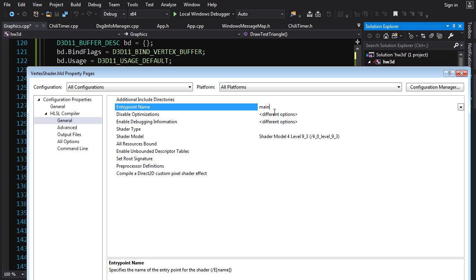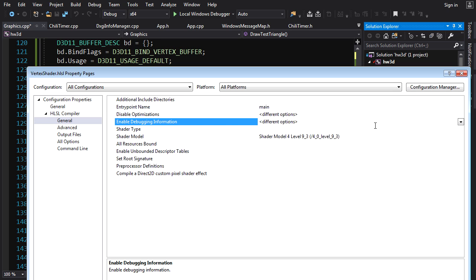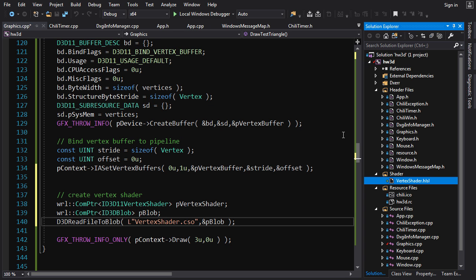You can set the entry point name to something other than main. Optimizations, you can turn them on or off, all good stuff. Debugging options, whatever. We don't care about that right now, but we might care about some of that later. Shader model that you're targeting, all that good stuff. So we set the output directory to our working directory, our project directory, and that means that the shader object,